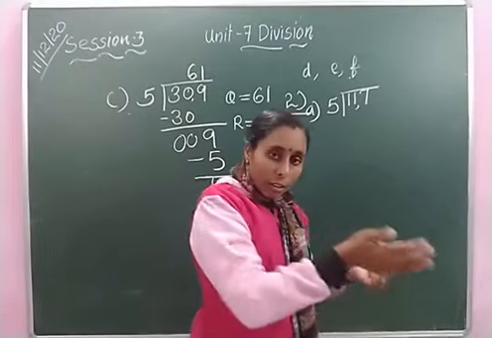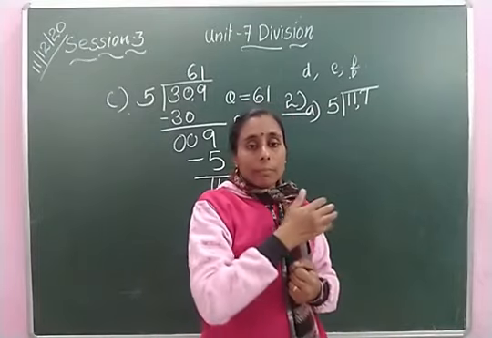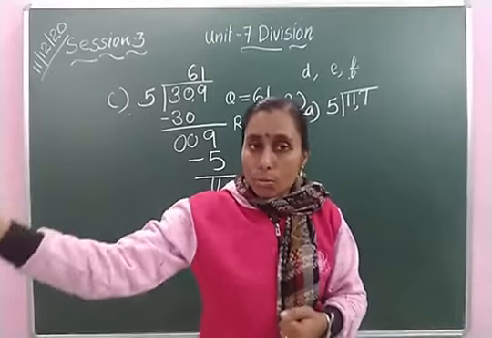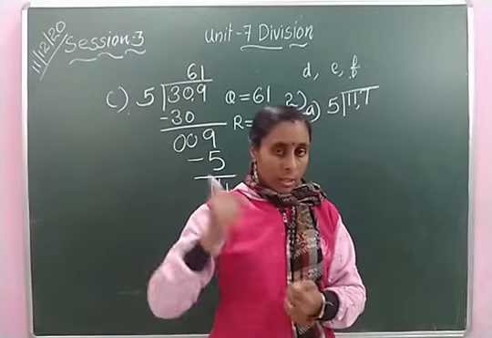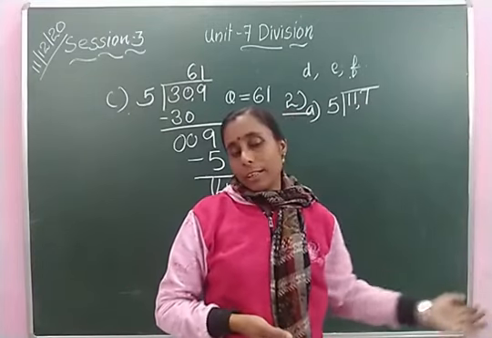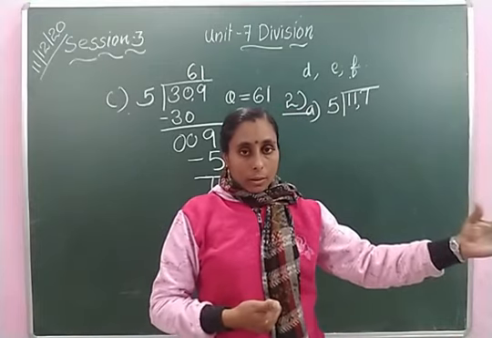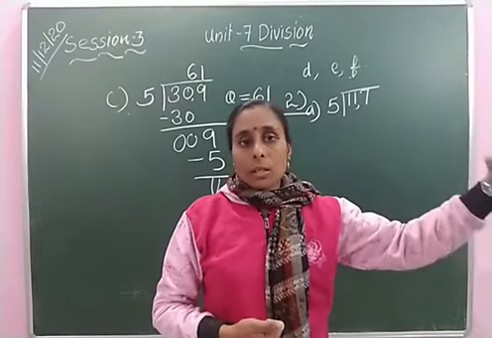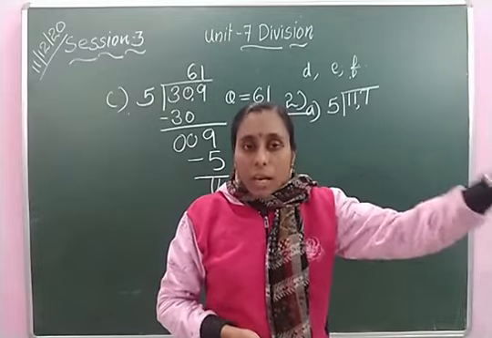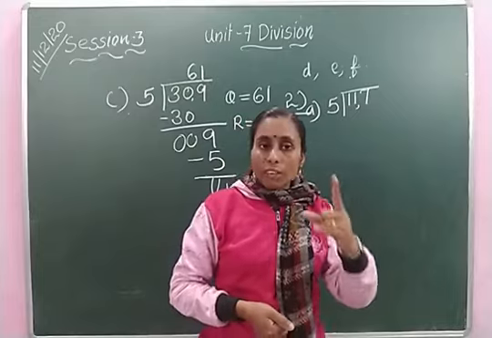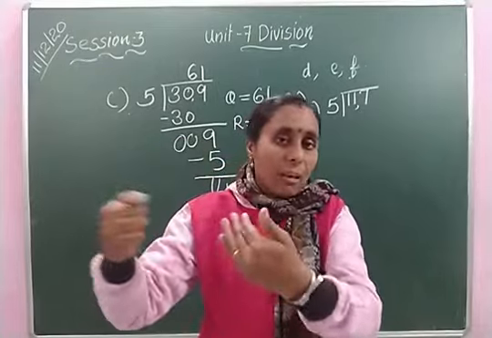Suppose I have 11 chocolates. First time I have given 5 chocolates to one friend. Now how many chocolates are left? 6. Again I saw another friend. For her also I have given 5 chocolates. Okay. Now how many chocolates are left? 1 chocolate left. When I see a third friend, can I give 5 chocolates? No, because I have only 1 chocolate, that is the remainder. 2 times I have taken 5 from 11.